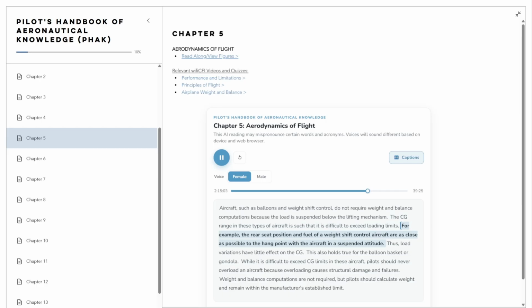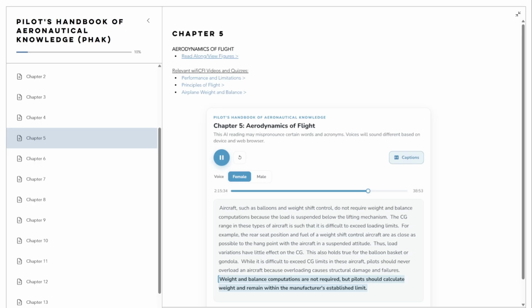For example, the rear seat position and fuel of a weight shift control aircraft are as close as possible to the hang point with the aircraft in a suspended attitude. Thus, load variations have little effect on the CG. This also holds true for the balloon basket or gondola. While it is difficult to exceed CG limits in these aircraft, pilots should never overload an aircraft because overloading causes structural damage and failures. Weight and balance computations are not required, but pilots should calculate weight and remain within the